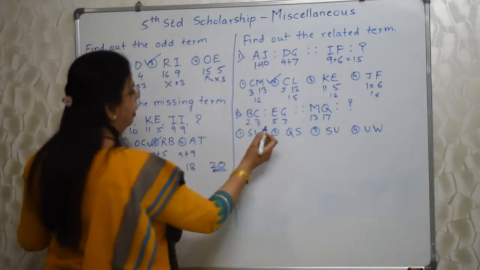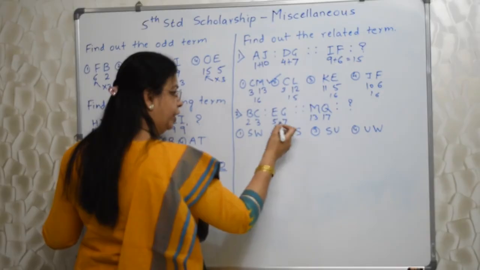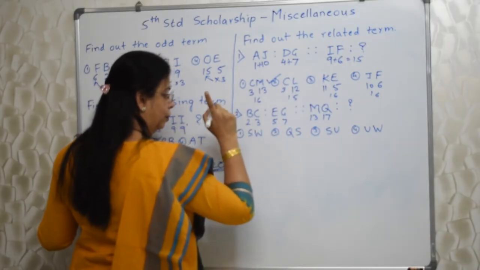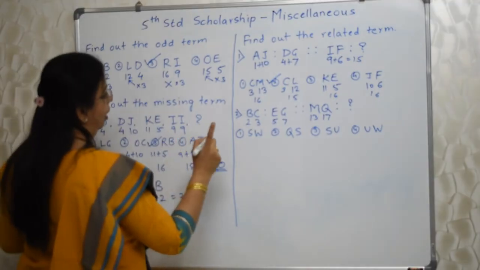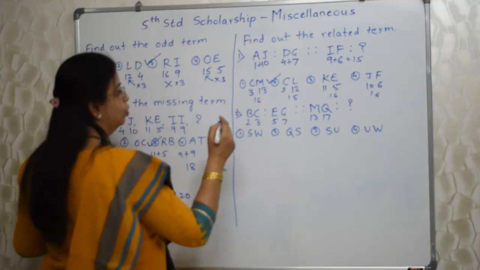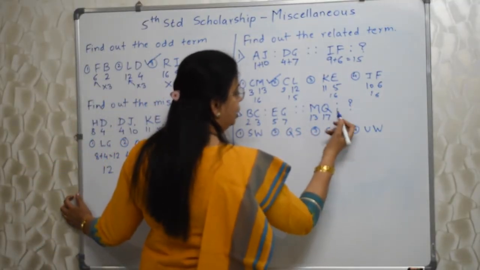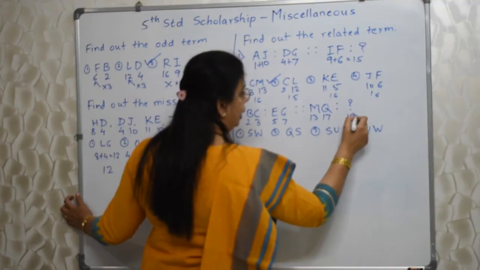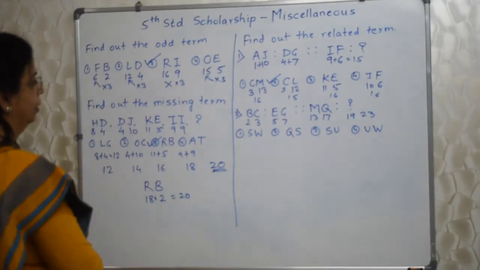2, 3, 5, 7. Most of the students must have got it here only. Those students who know prime numbers very well, 2, 3, 5, 7 are consecutive prime numbers. So obviously 13, 17 they are also prime numbers. Next prime numbers are 19, 23. So which one is that?